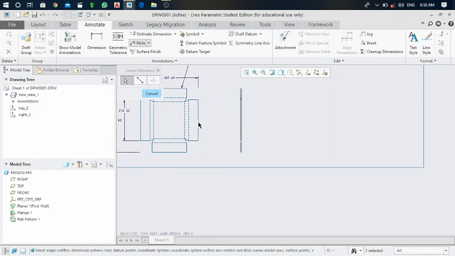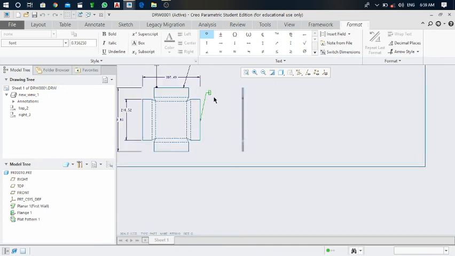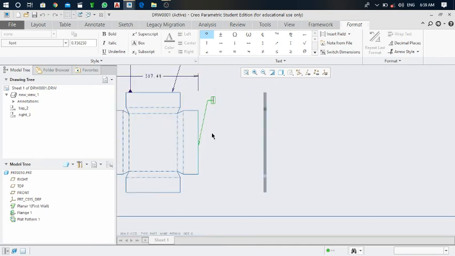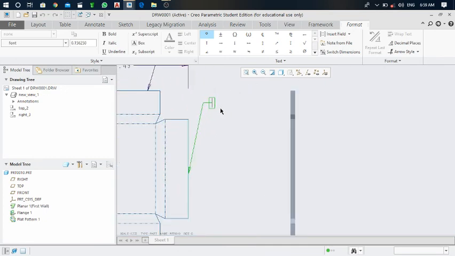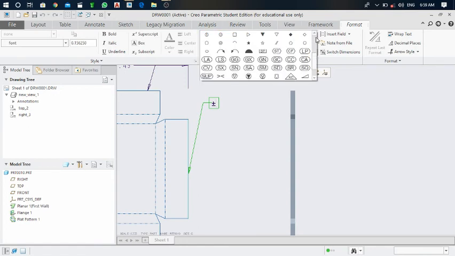First of all click on this edge, and next click with your cursor, so it will take the direction according to that edge. Okay, and in this leader you can type different symbols, like if I want to put a plus or minus sign or different types of symbols over here, I can put like this and choose any one symbol. Here are different types of symbols.